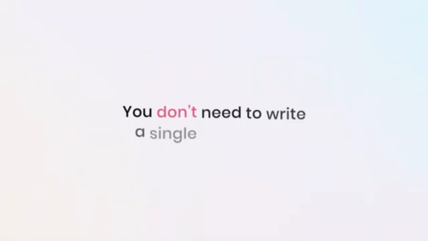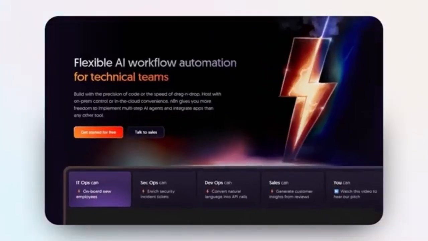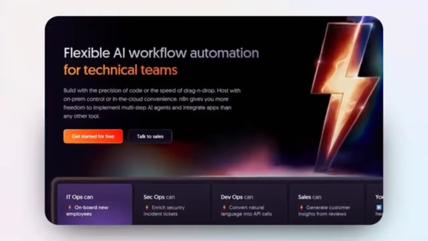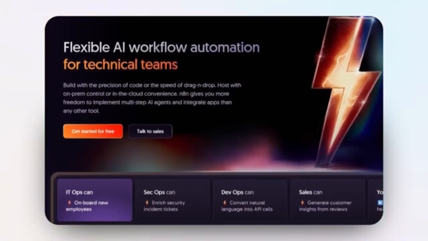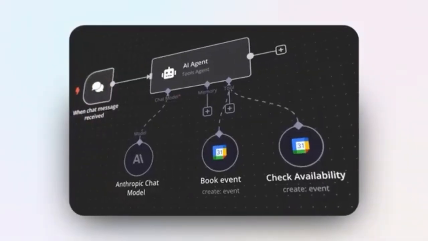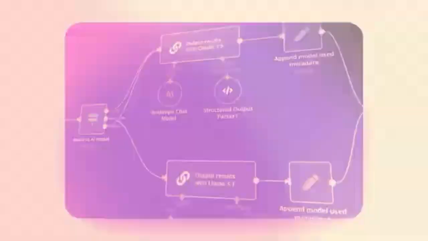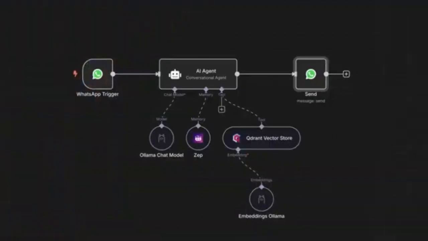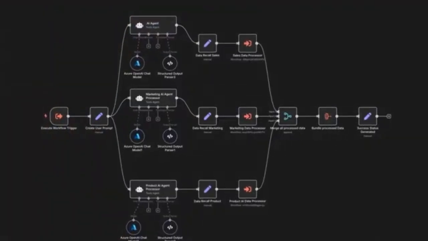Best part, you don't need to write a single line of code. If you're new to it, N8N is an open source automation platform that lets you connect apps, APIs, and AI models together visually. It's like building your own mini AI system using simple drag and drop nodes. Whether you're automating emails, connecting chatbots, or orchestrating full-blown AI workflows, N8N makes it easy to go from idea to